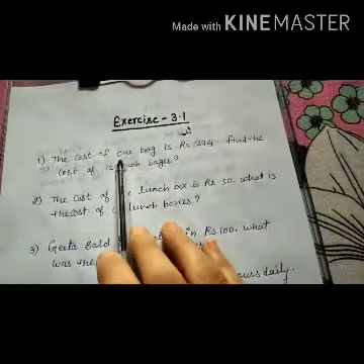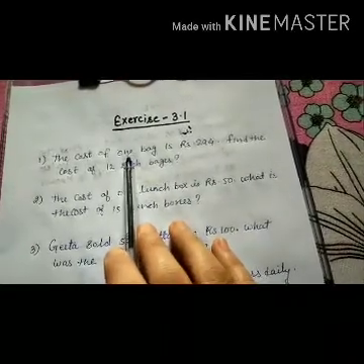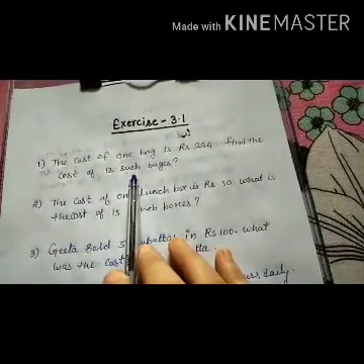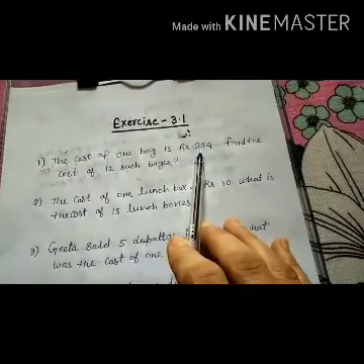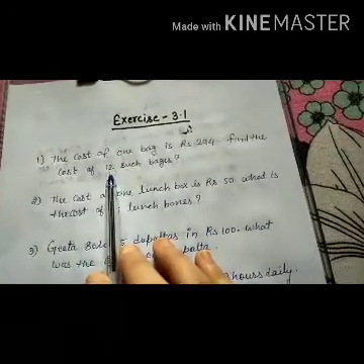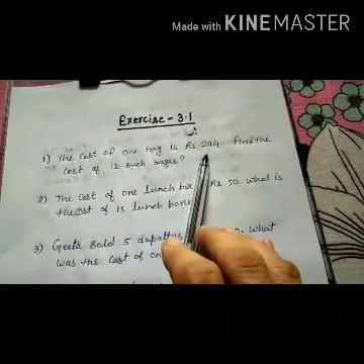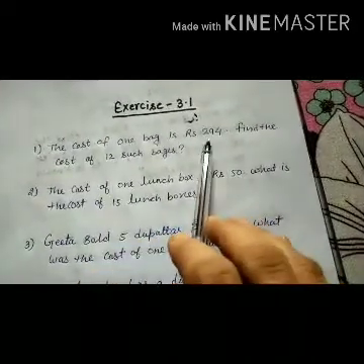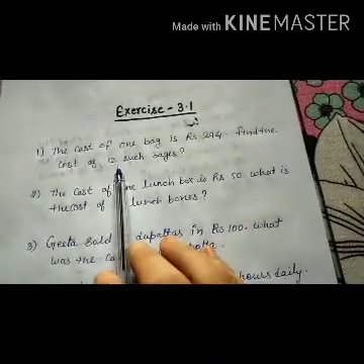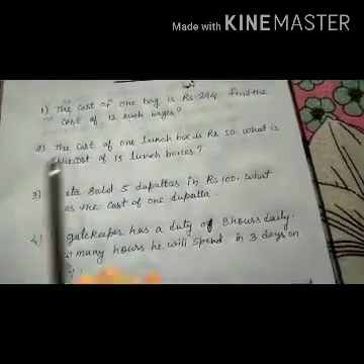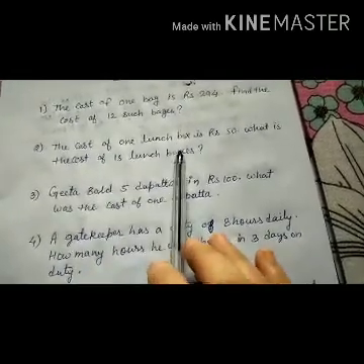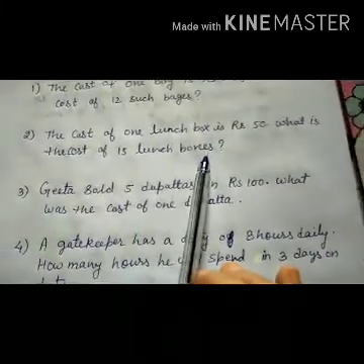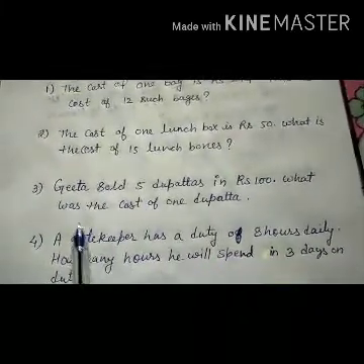If we have the cost of one object and we need to find out the cost of many objects, in this condition we will multiply the cost of one object by the total number of objects. So the cost of one bag we have is 294 and we need to find out the cost of 12 bags. So what will we do? We will multiply 294 with 12. Okay. Next question we have. The cost of one lunch box is rupees 50. What is the cost of 15 lunch boxes? Similar question. It is very easy.